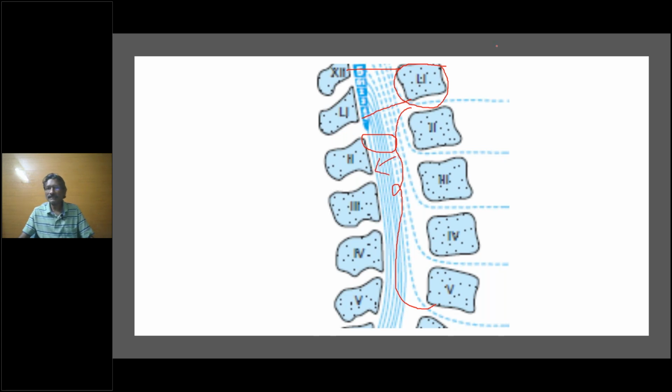So is this clear till now? Is it clear where the localization is easy to make, where the localization is difficult? There are certain clear areas where the localization is possible. I told you one is the cervical, which is reasonably localizable, D4, D5 and D9, D10 and D12 and L1. So these are the common locations we try to localize with confidence.